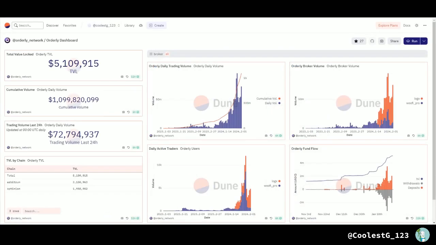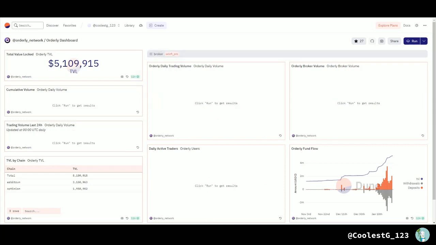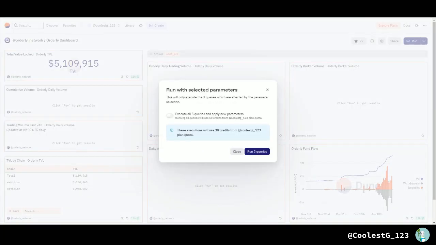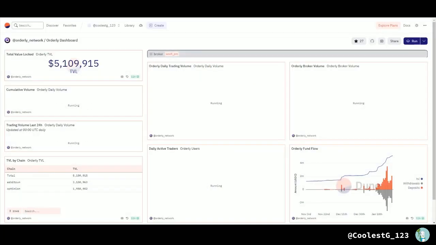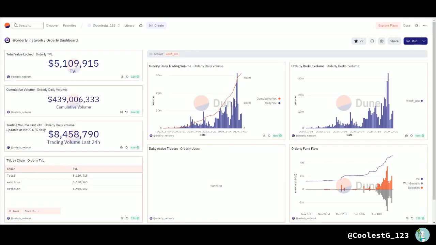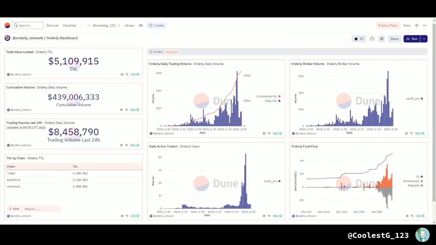Okay, so jumping over to the Dune dashboard itself, you can see it's a really sleek, nice and simple design that Orderly have put together that shows you really the key pieces of information. And here you can see I'm just playing around a little bit. I've gone onto the filter at the top and I've selected a specific broker rather than all of them. When I do that, it'll then prompt me to run the query. I select run in the top right corner and it says I have to spend some credits,